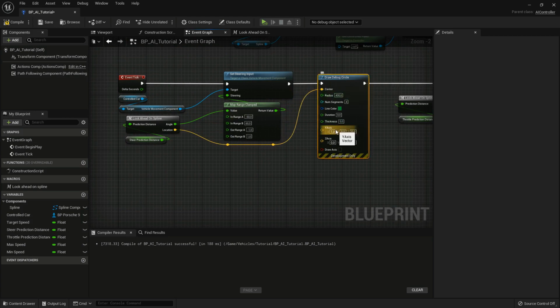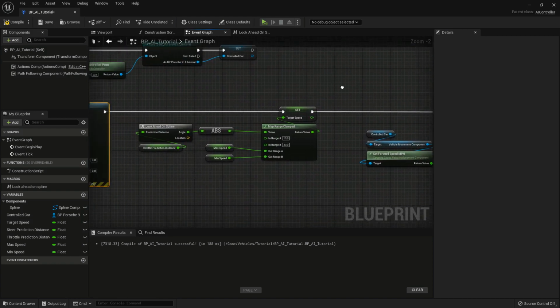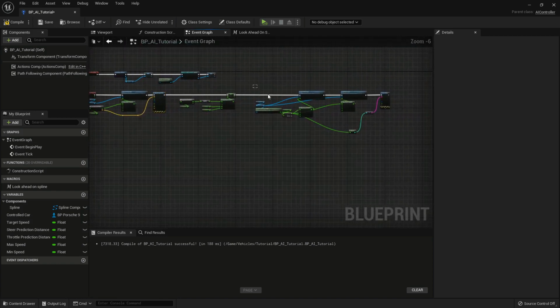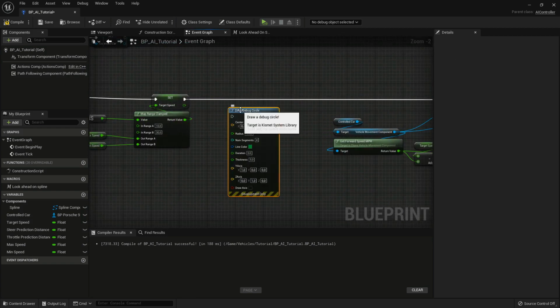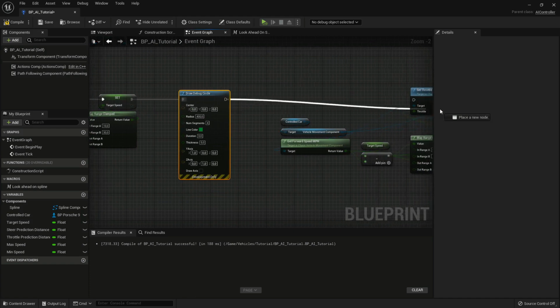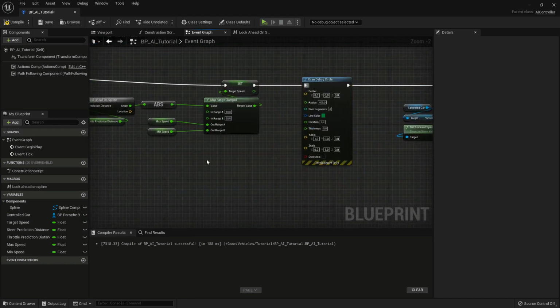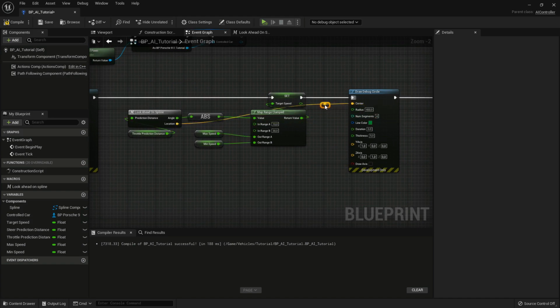Let's go ahead and copy and paste it so we can do the same for that one here, which is setting the target speed, just like so. Again, fetch the location on that one. Then we'll be able to see kind of where it's looking at, and we'll use that to kind of tweak